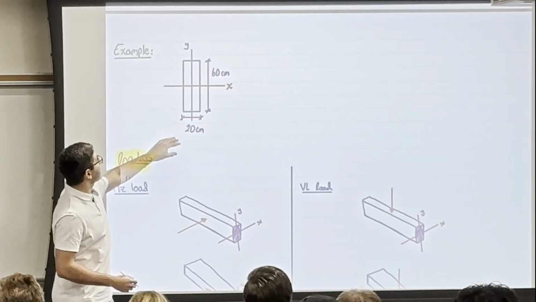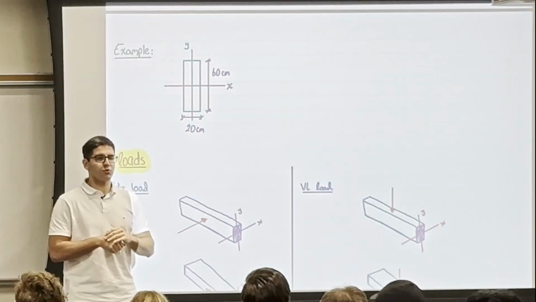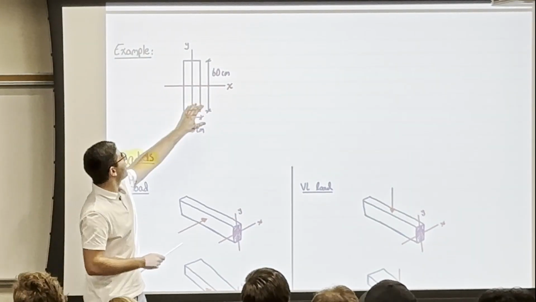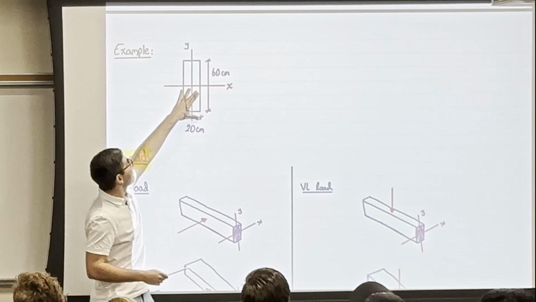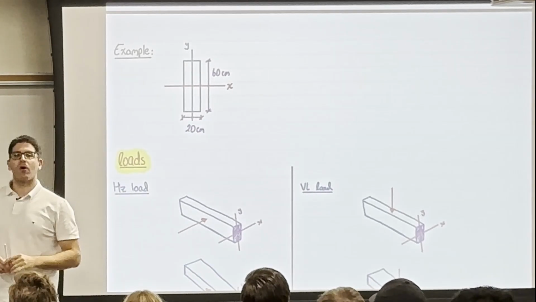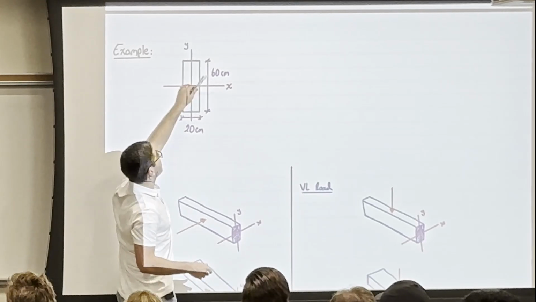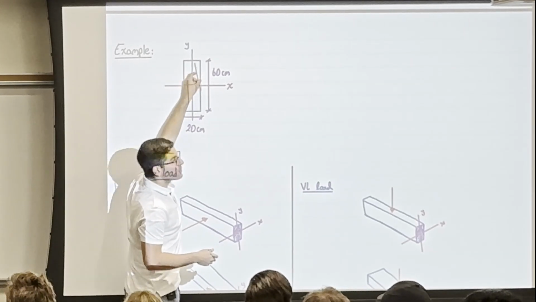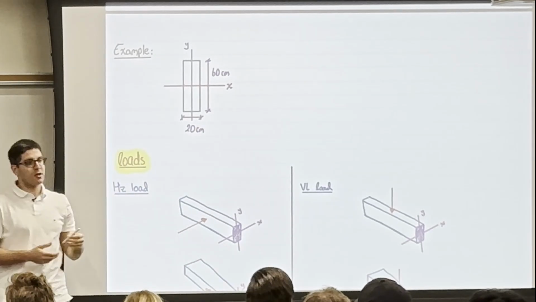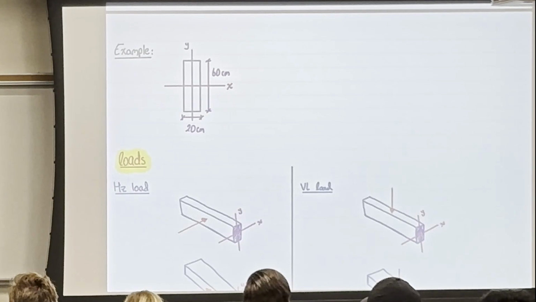So you all see that I do have 60 as a height. I want you by default to know in your mind that if I have a height like this, the Ix is way larger than Iy, because the dimension perpendicular to x is larger. So the height or the dimension that's perpendicular to the axis always tells you which axis is stronger. So now if I want to find Ix,